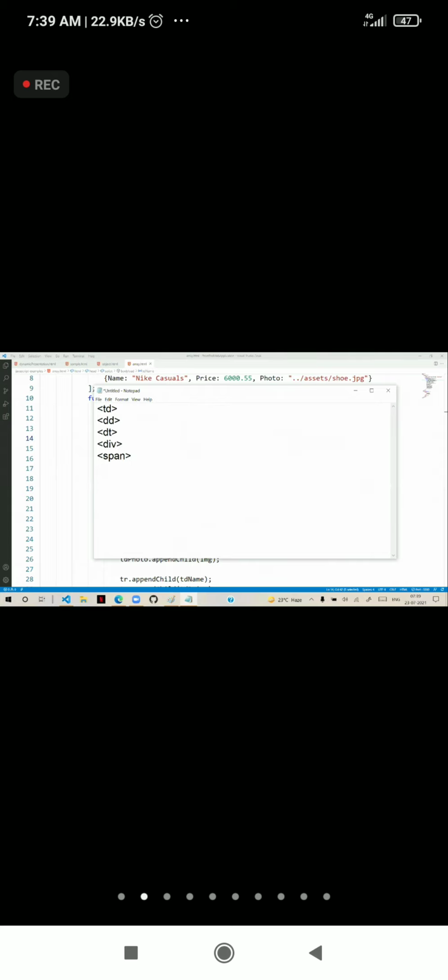Into them, if I want to display any value, how to display? Do they have a value property? Then which property is used to display?